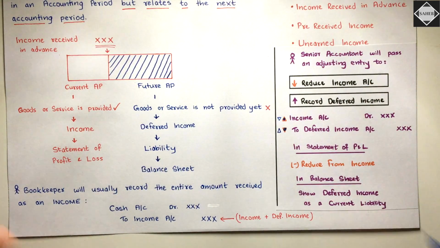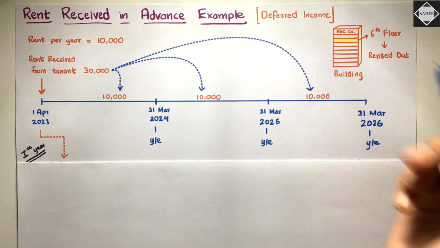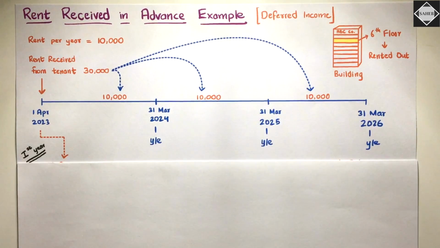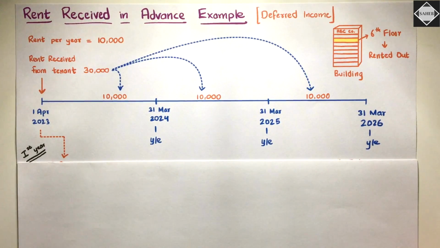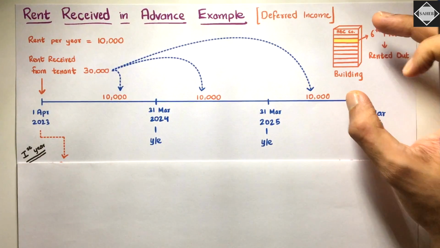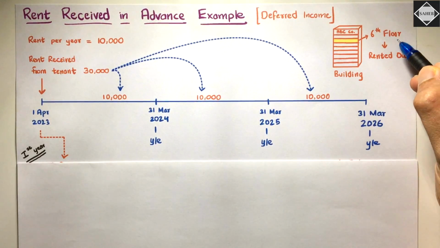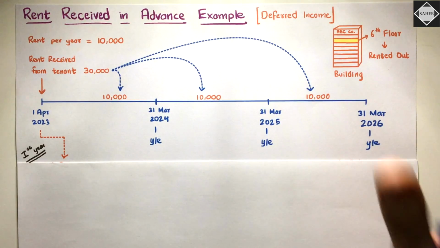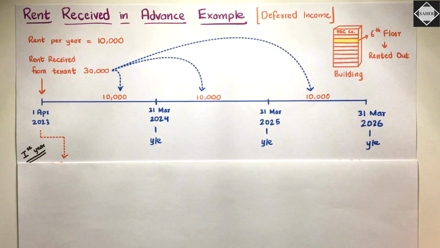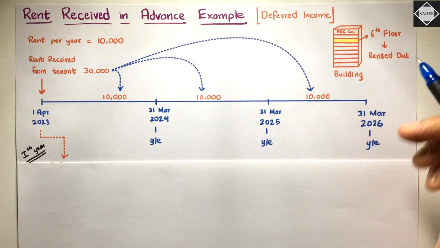So now let's go to an example and discuss this further. Now see here, we have a beautiful example on deferred income. It's really simple and straightforward. Let's say we are ABC Consulting Company. We have this building where we do all our operations, and our 6th floor is unoccupied and we have no use of it. So what we did was we rented that space out, that entire floor,